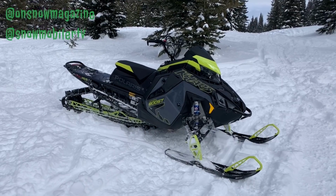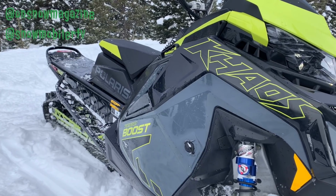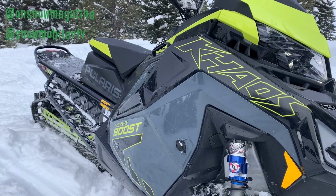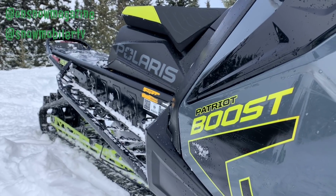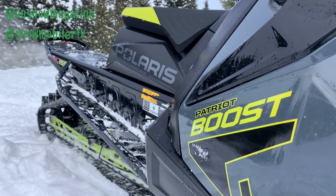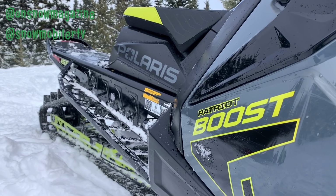It's a SnowCheck exclusive, so you're going to have to order it if you want it for next season. You've got 3 motor options, that's right, 3, and one of them is not a 550 fan. You've got a 650 Patriot, the 850 Patriot, and what we're looking at here today is the Patriot Boost. The folks at Polaris have told us that essentially the 850 motor was always designed to take a turbo. And after a couple of pulls on this thing, let's just say that 9 pounds of boost feels right at